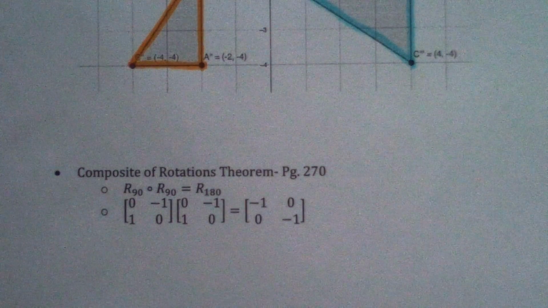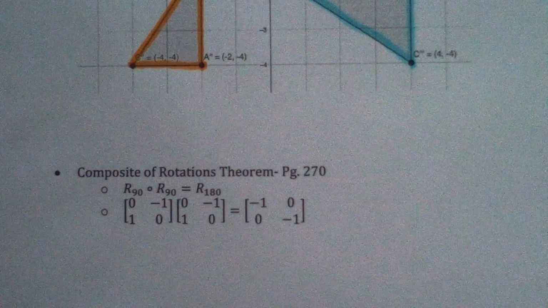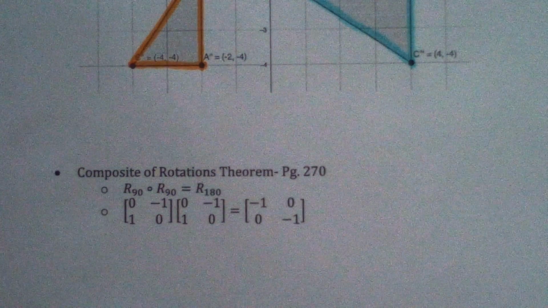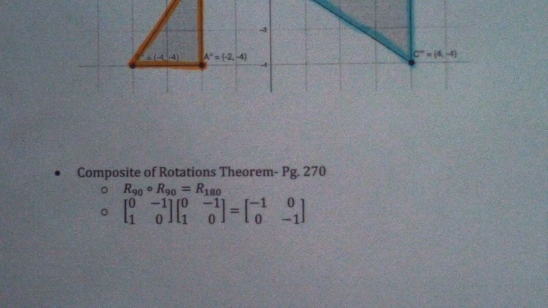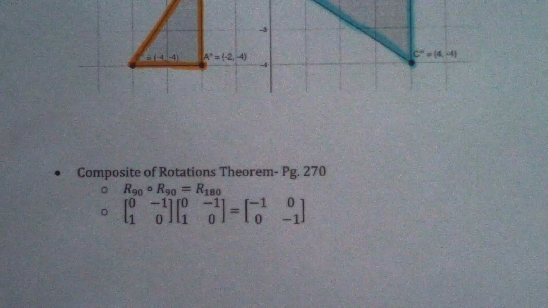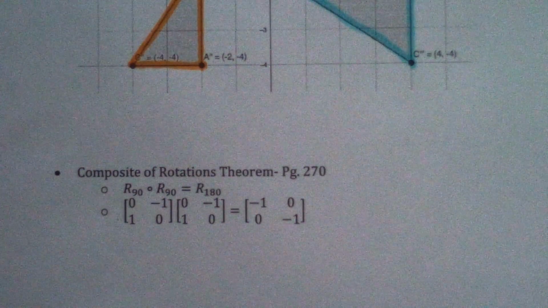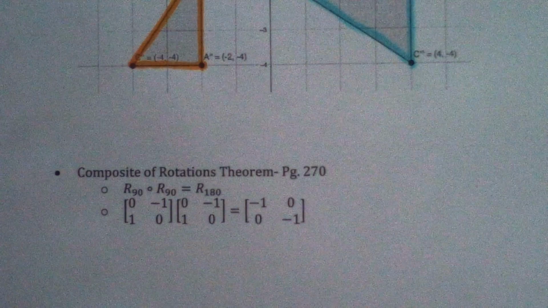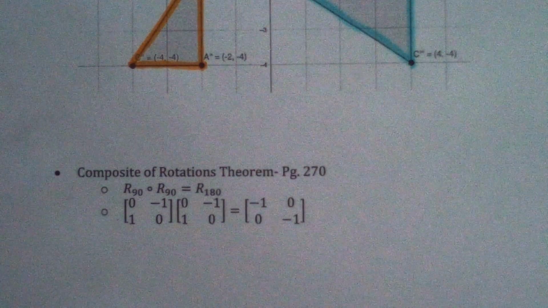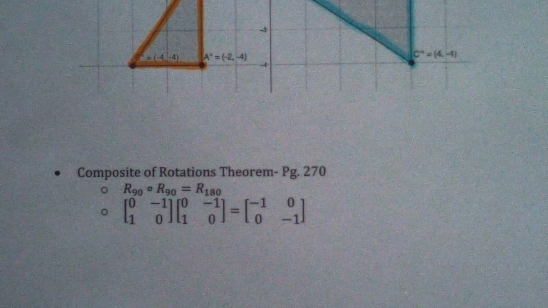Okay, so let's take a look at this composite of rotations theorem. Composite again is where we do one of them and then we do another one of them. You could do more than that too, but usually it's just two for us. It says a rotation of b degrees following a rotation of a degrees with the same center, so (0,0) or whatever, results in a rotation of your a and your b degrees added together. In symbols, it shows that a rotation of b following a rotation of a is a rotation of a